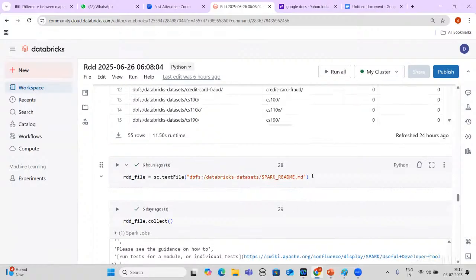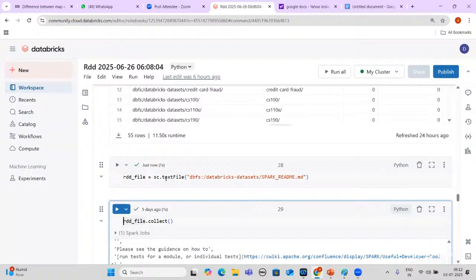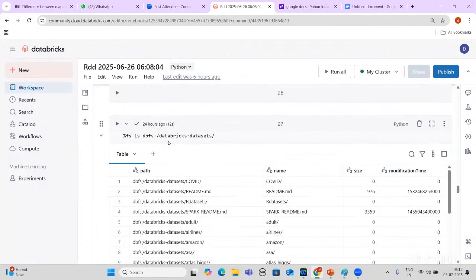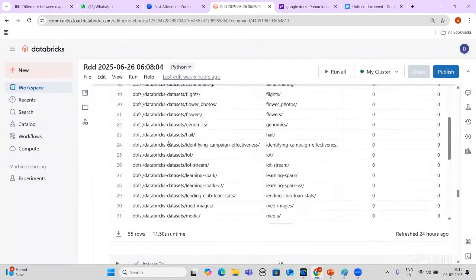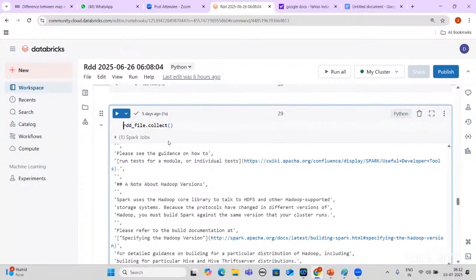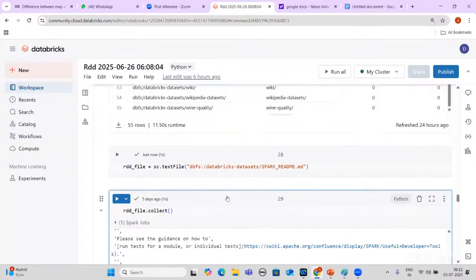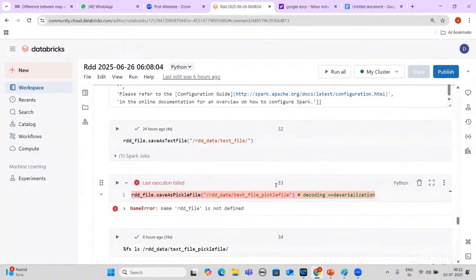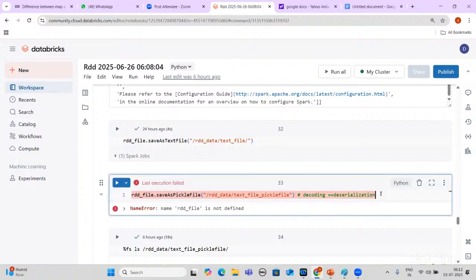So this is the RDD we have created. RDD file equals sc.textFile. This is taking from the pre-given datasets by Databricks, and I'm creating the RDD. After creating the RDD, I'm trying to get the data here. Now I'm trying to save this file.